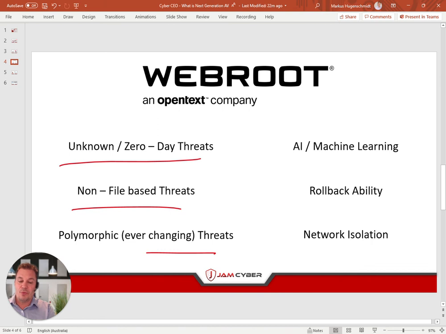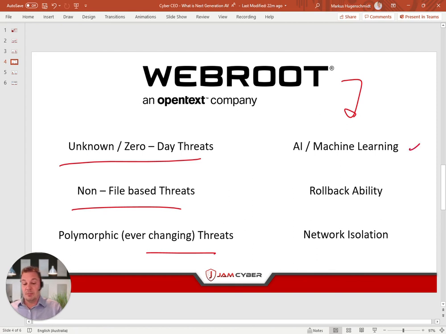What software like WebRoot does, and we would recommend WebRoot, we use WebRoot with all our clients, it's a great product, is they use AI, artificial intelligence or machine learning, to continuously learn from all the internet connected computers that are deploying WebRoot. So if one machine picks something up, all the other ones over time will realize what's going on.